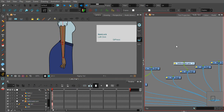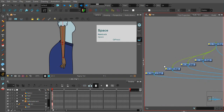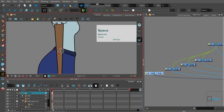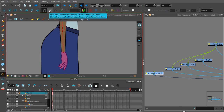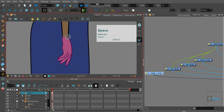I'll do the same thing with the hand. Hand is over here. I'm probably gonna have to relayer them afterwards, but right now we're still seeing our previous joint. We don't want that because we don't want to accidentally click on this and continue it. So we'll click on this icon here, show the selected deformation chain and hide all others, and show the controls of the selected drawing. So we just click on this, it hides the joint that was there before, and for the hand we just make a simple joint, same kind of move. So click,